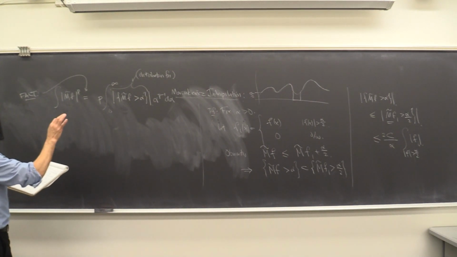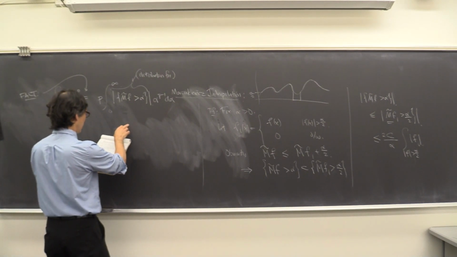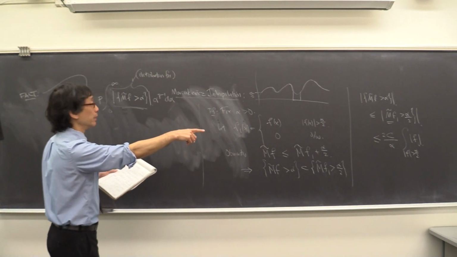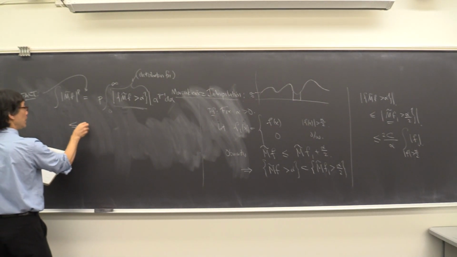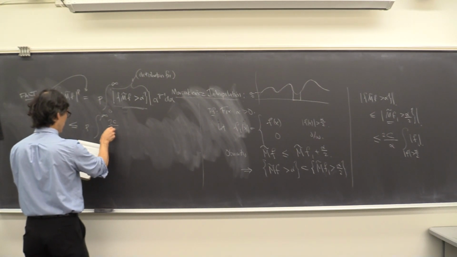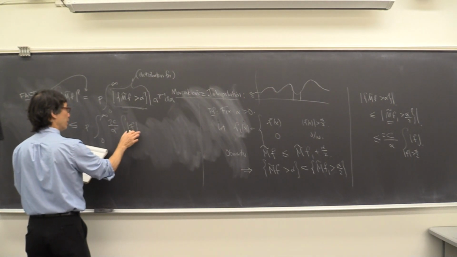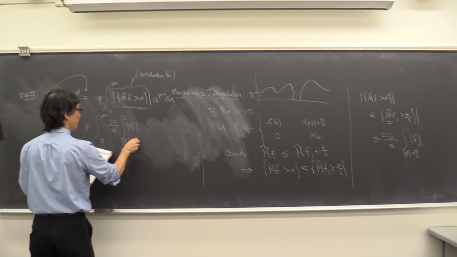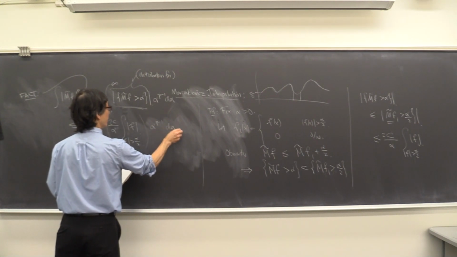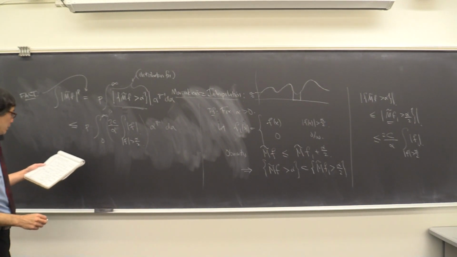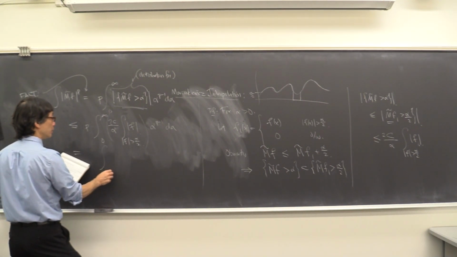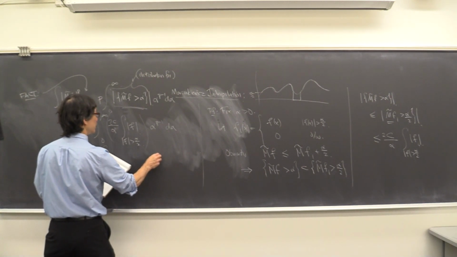So fact, right? Now this thing, this thing we've just established control for over there, right? So this gives us p times the integral over alpha from 0 to infinity of 2c over alpha times the integral, the L1 norm, but over the space where f is bigger than alpha over 2, times alpha to the p minus 1 d alpha. Right. So now we change the order of integration. We get the integral dx from